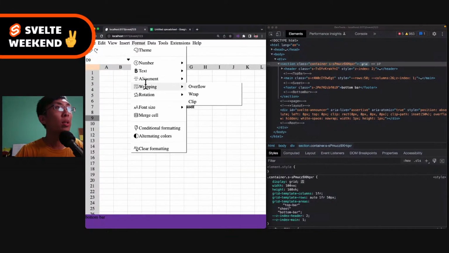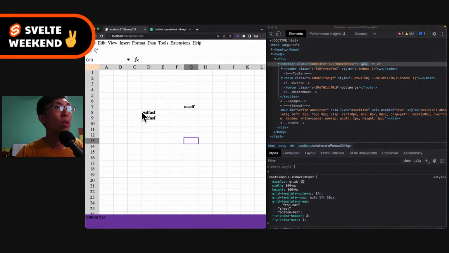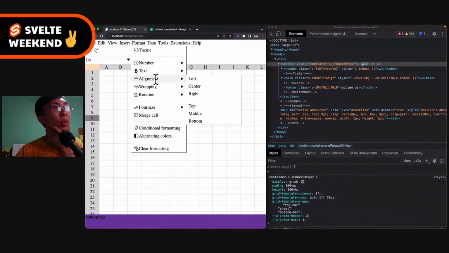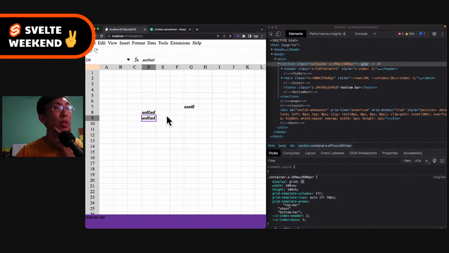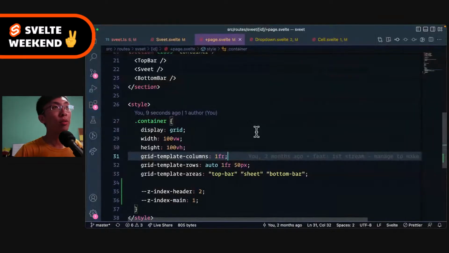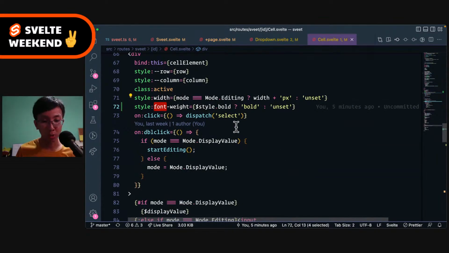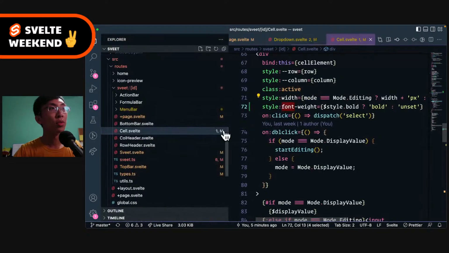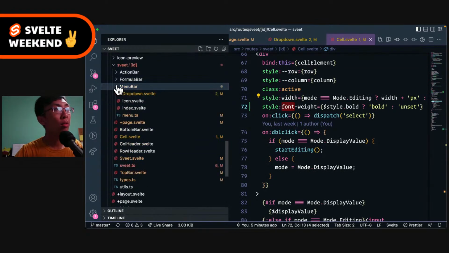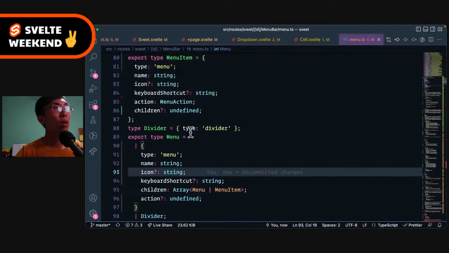And now let's see, I have a bold. I can bold this, right? Okay, so one thing I want to point out is when I come here and I set bold, I can set italic, underline, strike through, and every time I set one, in a cell I have to figure out what is the corresponding one to set the style, right? But I think that's all right. Instead of having the menu to figure